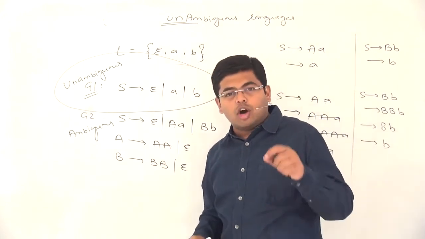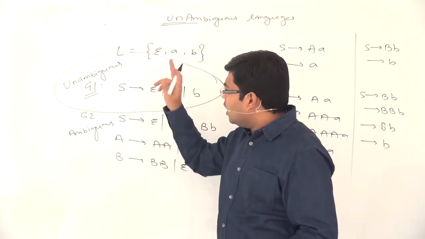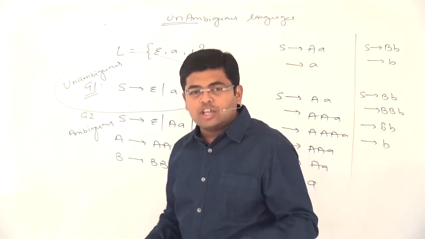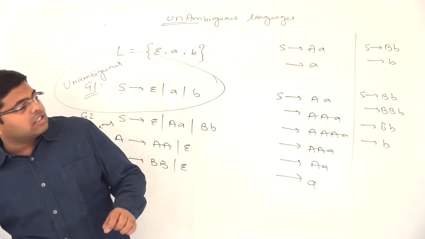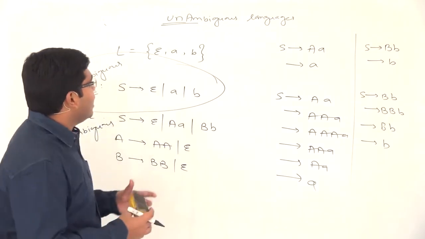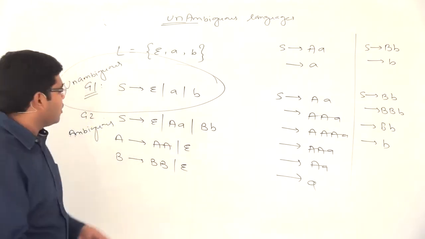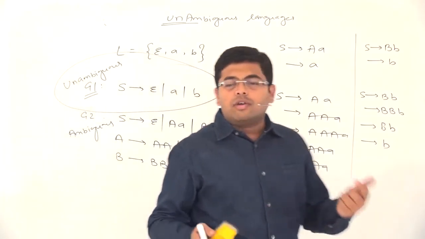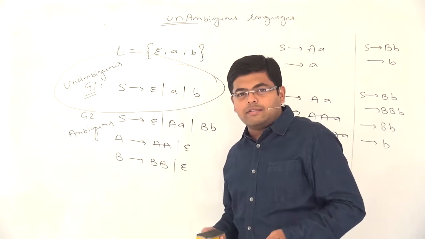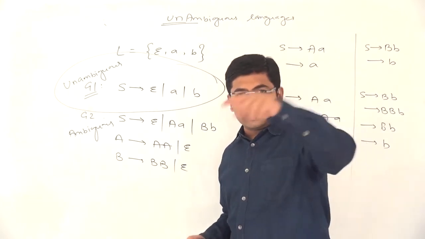A language for which at least one unambiguous grammar exists will be called an unambiguous language. Let's see certain more examples where a language can be represented by both types of grammar. This was a very simple example. The language was finite. Now we will see an example of an infinite language being represented by ambiguous as well as